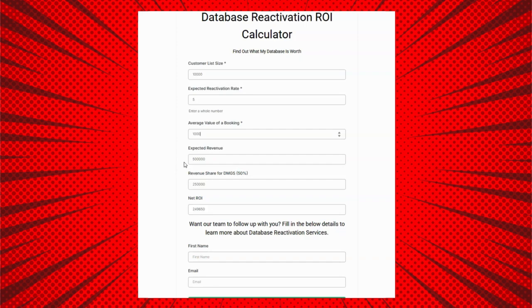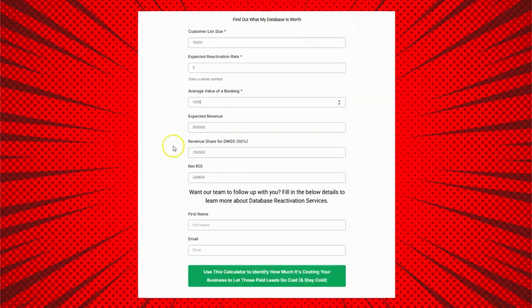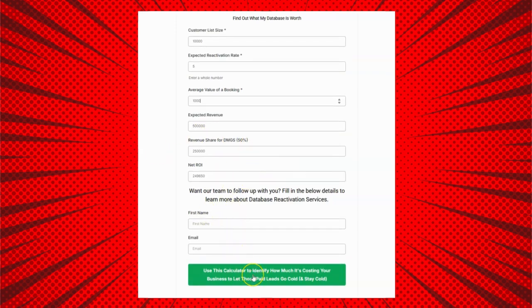Because on average, most businesses are probably seeing about a 20% conversion on the leads that they bring in anyway. All right. So yes, we do charge 50% of the revenue that's brought in during this campaign, but that's paid when you bring the money in, right? So when you make money, we make money. All right. And so, yes, in this particular example, you'd be looking at a potential net ROI of $249,650. That's basically taking that expected